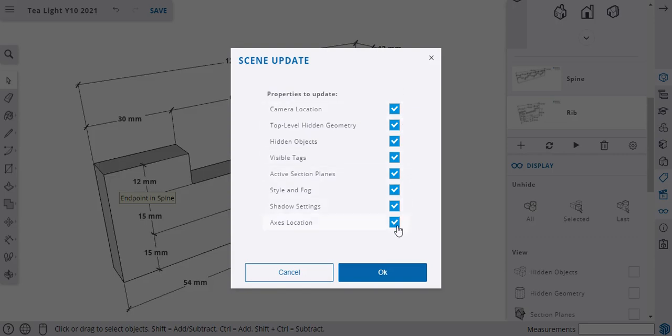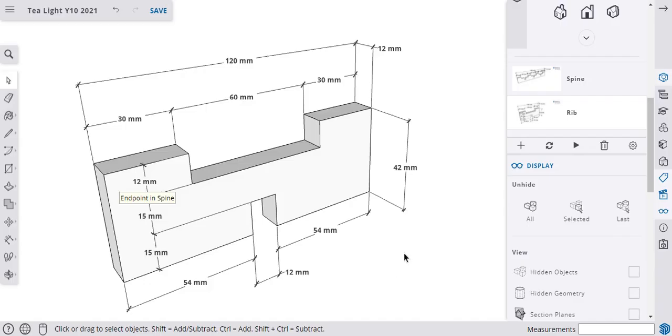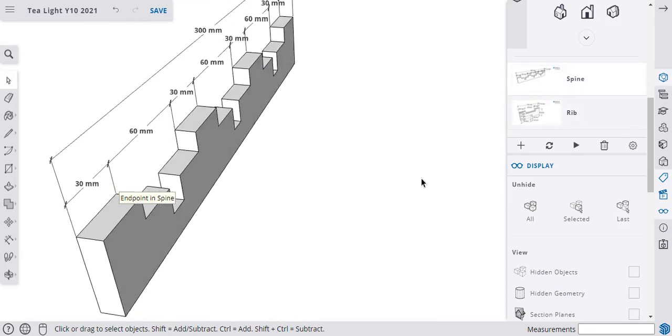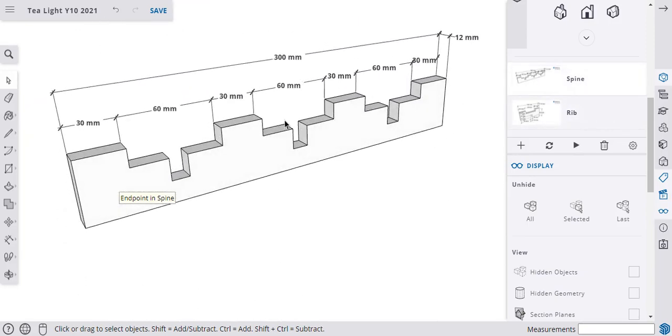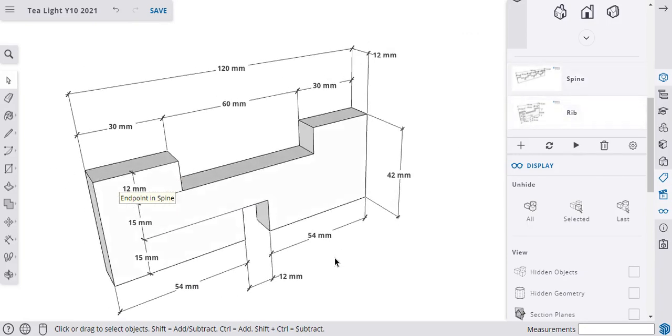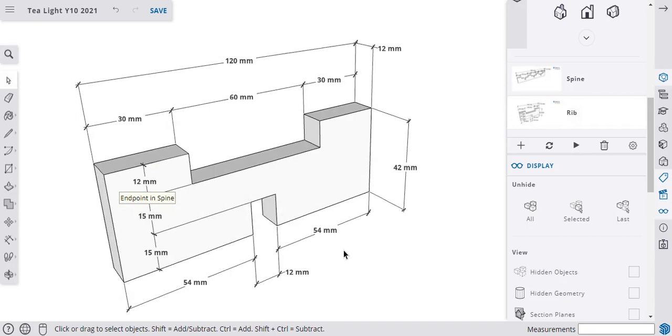It's got a variety of options. You can be selective if you wish. I always just click OK. So now if I come to my spine, it will look at my spine, and this is correct because the rib layers were already created when I created this one, and if I come back to rib, this one is already created here. So the trick is that when you're going to be creating scenes, think a little bit ahead